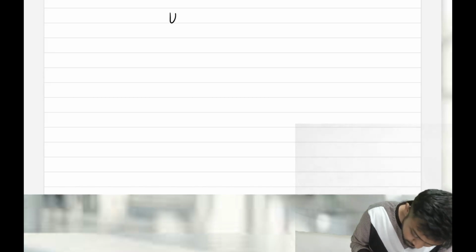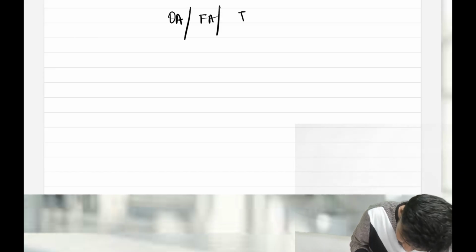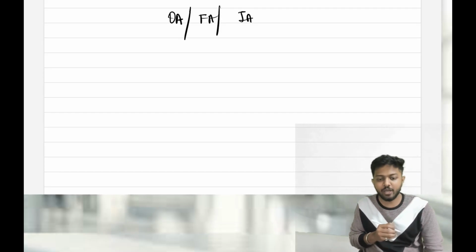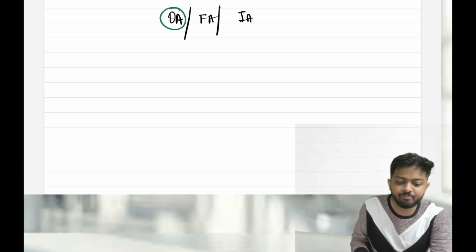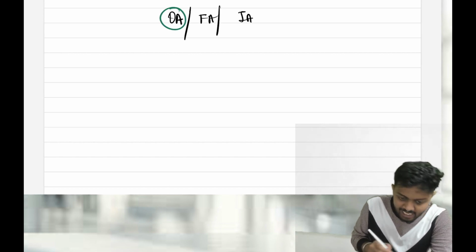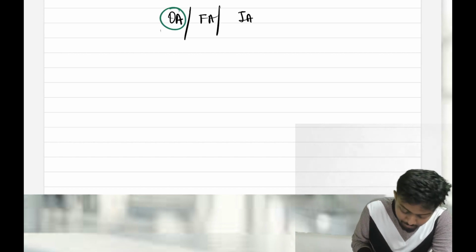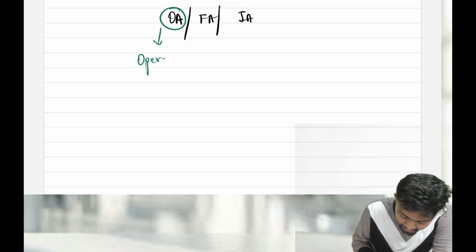Whenever a cash flow comes in, whenever there is a cash inflow or outflow happening in a business, it can be classified into 3 things: operating activities, financial activities, and investing activities. Now, if you understand these 3 things, for example, what is operating activities? Operating activities means these are the cash inflows or outflows happening because of the daily operations